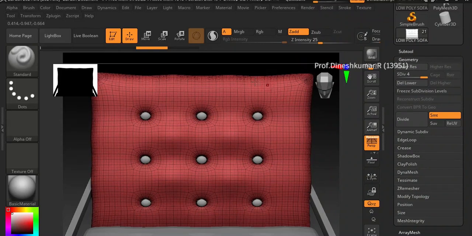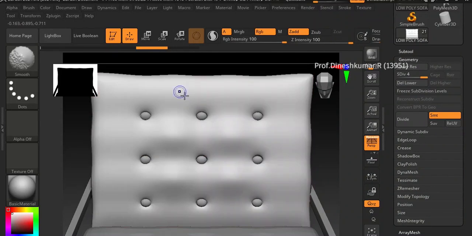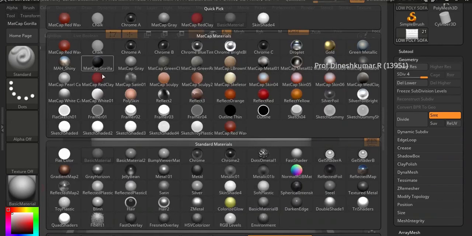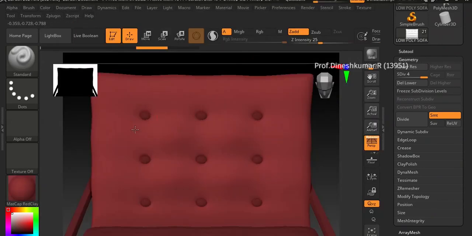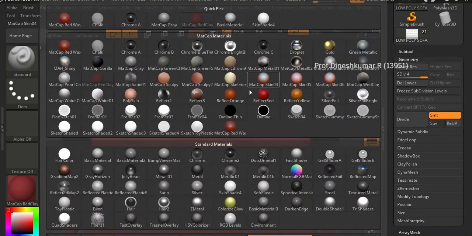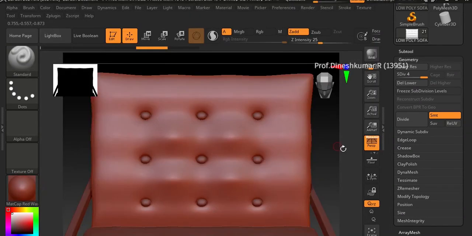Right. Now let me just turn off this one. Shift F, and let me switch to some other material. It's too dull. I don't see much detail there. Yeah, that would do. I could go to my